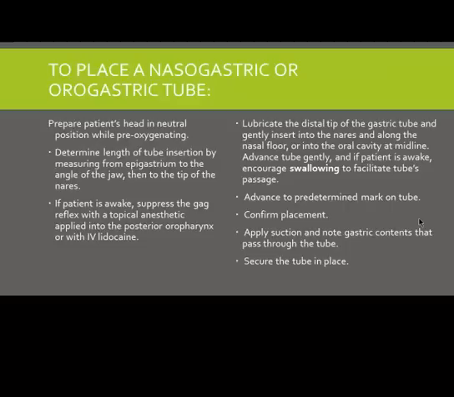NG tube and OG tube. OG is pretty easy, and usually that's going to be in conjunction with somebody that's already been intubated. So if you've already got one tube in one hole, it only has one other place to go. So usually OG is pretty easy to go in. The NG, they need to be awake and able to swallow if at all possible. So what I'm saying here is that if you're working a cardiac arrest and you start getting lots of gastric distension, then you may want to just consider slipping an OG in really quickly, and then they can put one in. I've placed many NG tubes, and they're not easy on an awake person,